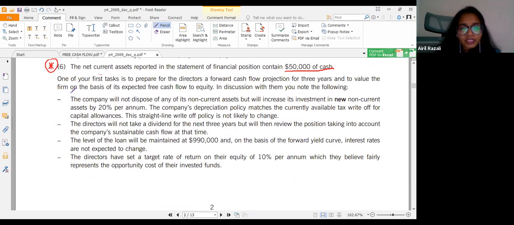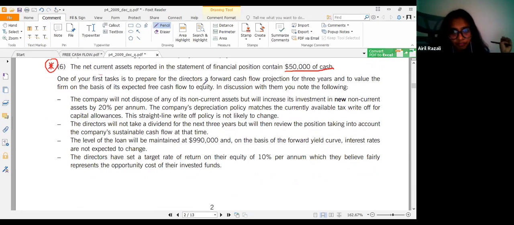Now one of your first tasks is to prepare for the directors a forward cash flow projection for 3 years, to value the firm on the basis of the expected cash flow to equity. In the discussion, the following has been discussed. The company will not dispose any non-current asset, but will increase the investment in new non-current asset by 20% per